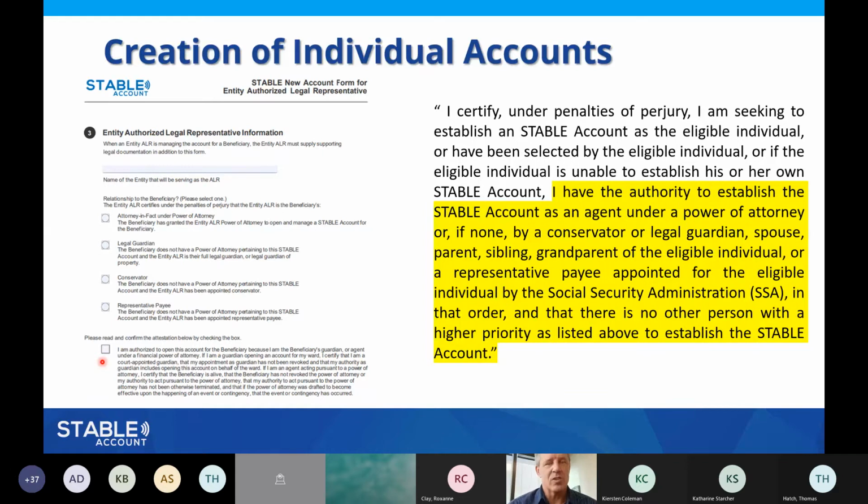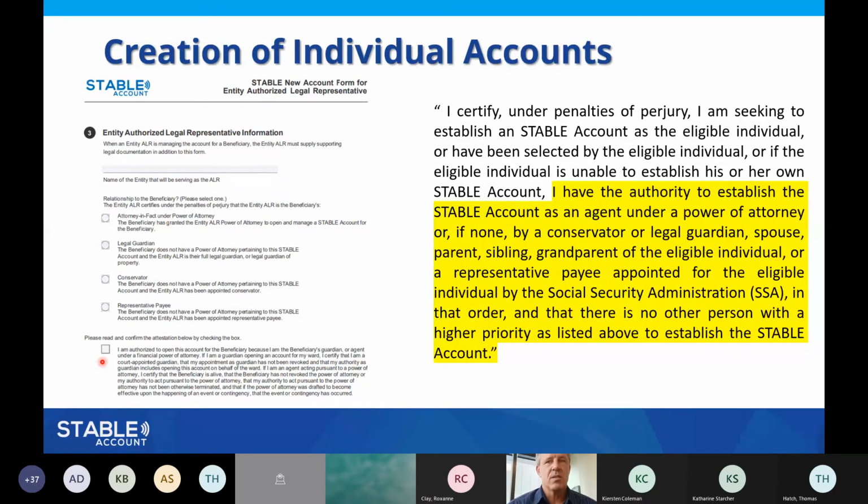There is a unique nuance to it. So to the right side, I have pasted a version. It might slightly vary from this, but it's going to be very, very close to this, of language that will be added to that form very soon, probably sometime in December, or I'll say by the end of the year.